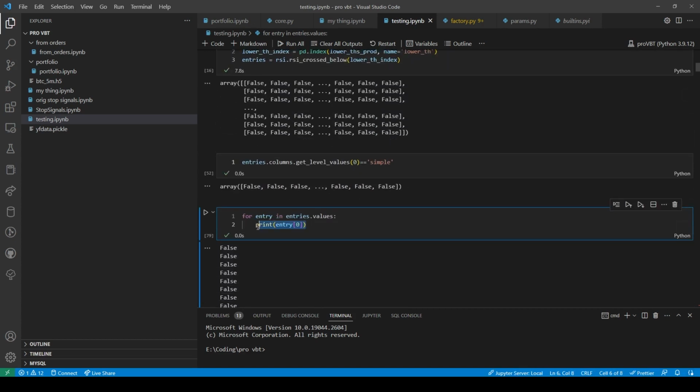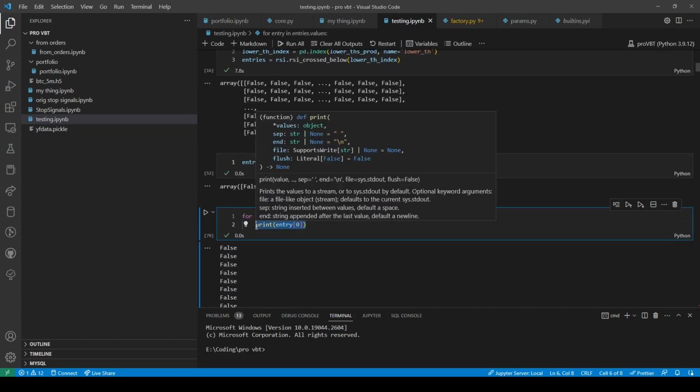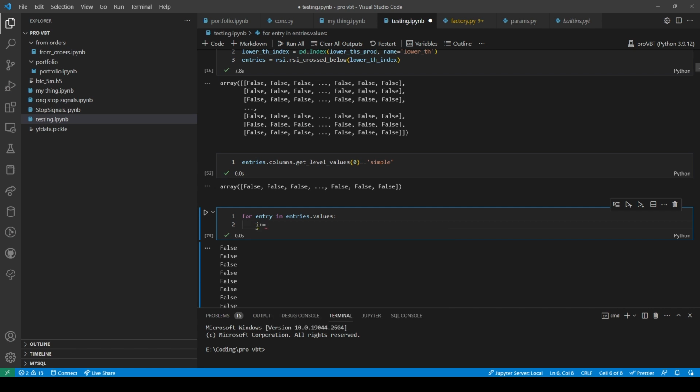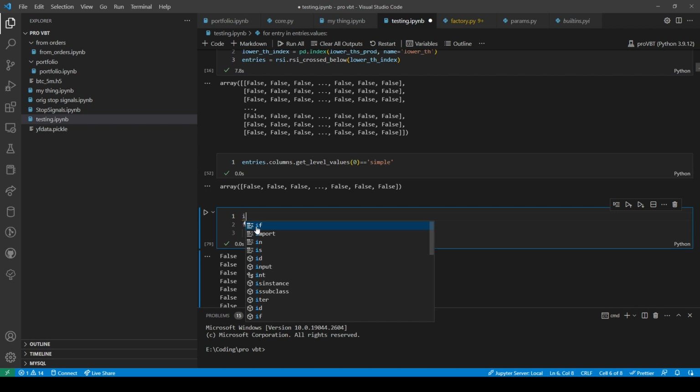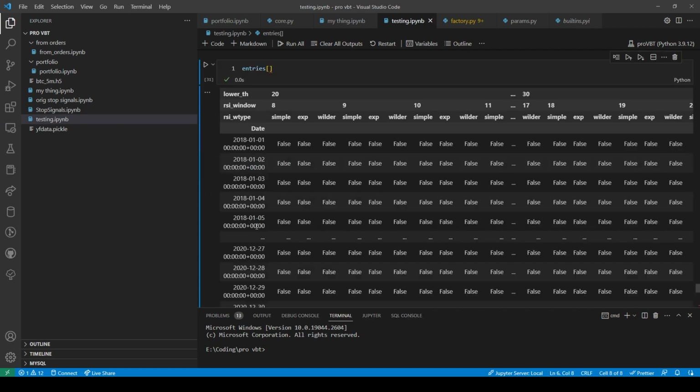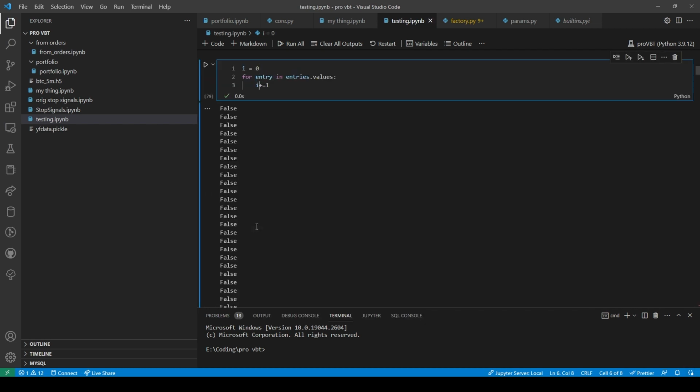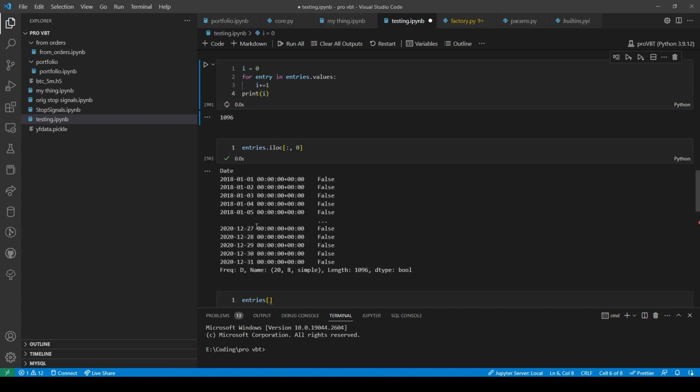And we'll do i plus equals, i equals 0. Alright, so that's the value, that's the rows.